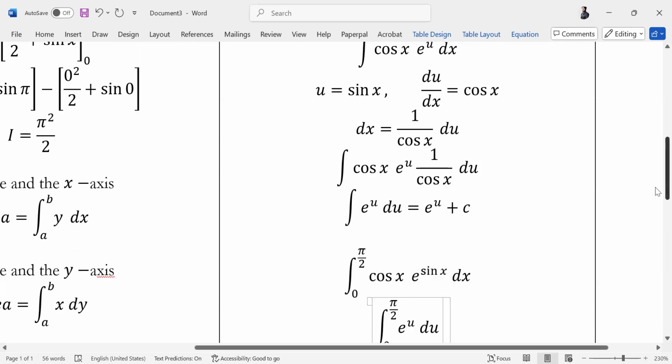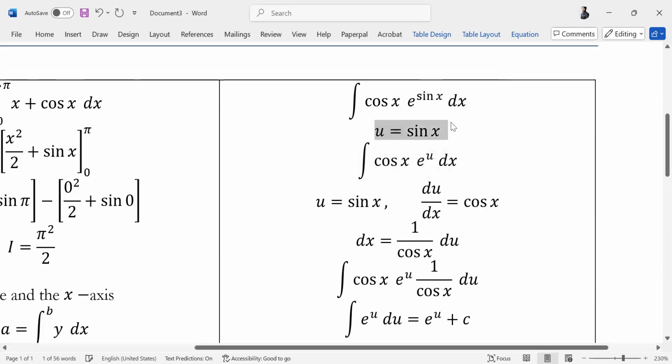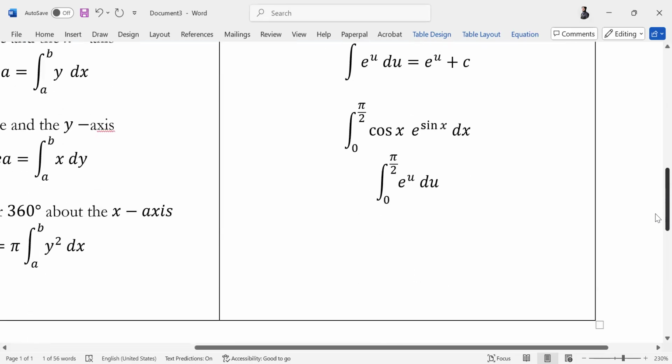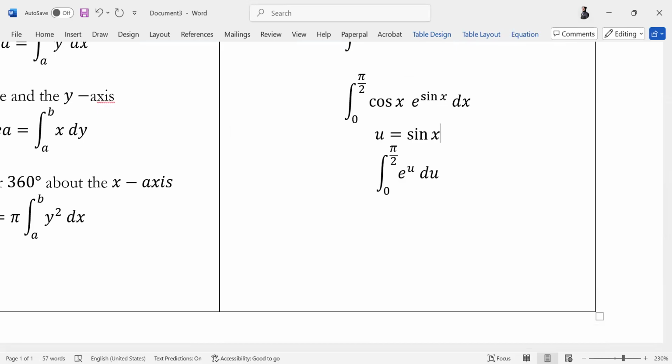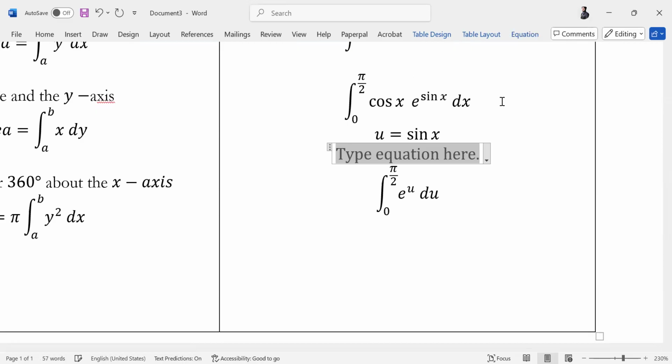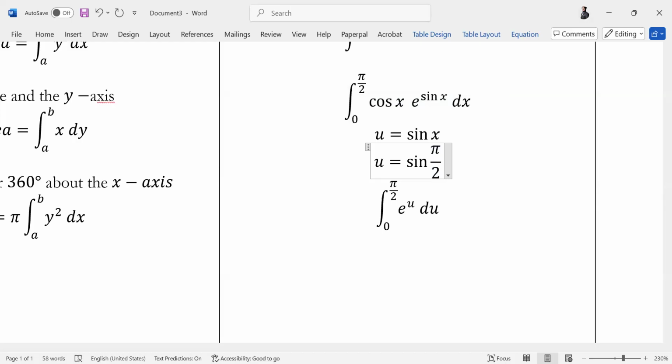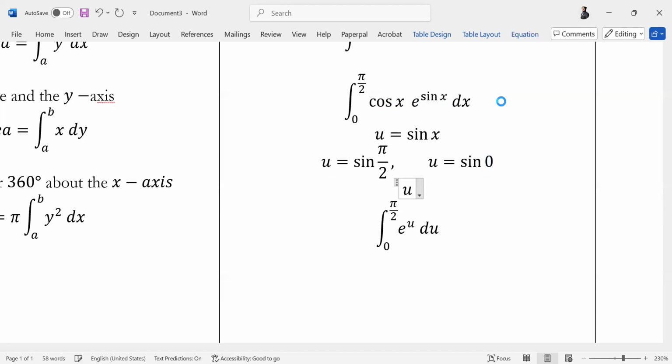We'll use the very basic integration substitution, which the question will almost always provide us. It told us this. This is an equation that relates u with the variable x. I can just plug in u. And I'll know that when x is pi upon 2, what value does my u take? What value does my u take? And when x is 0,